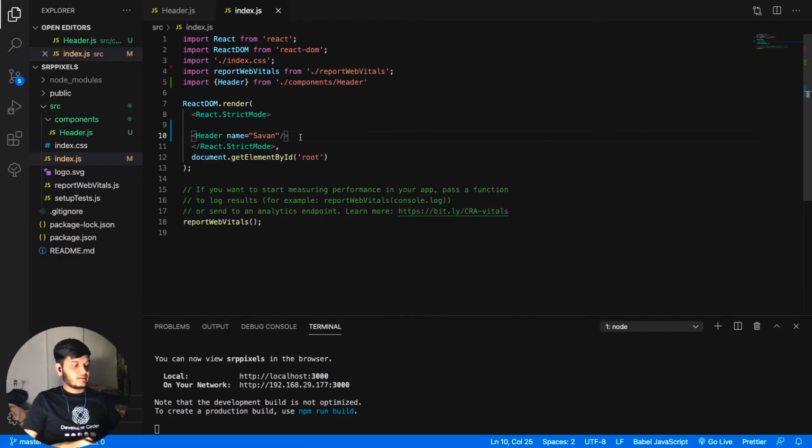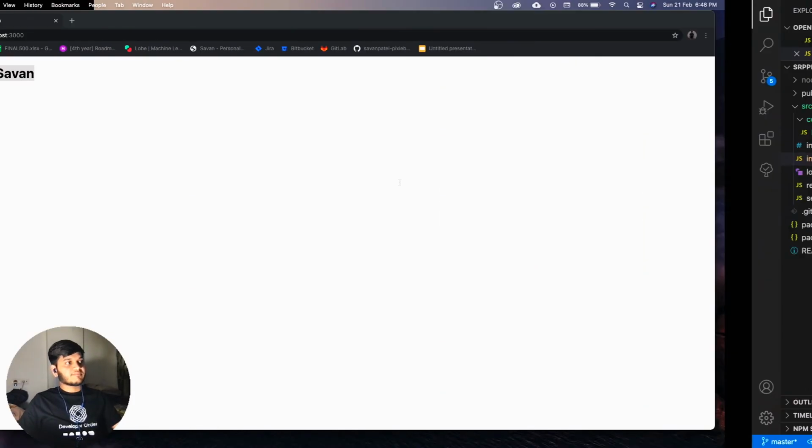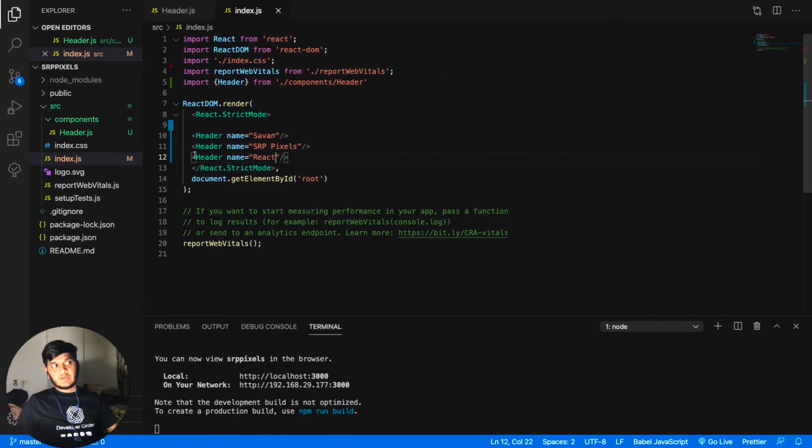Now let's render two or three more headers here, and here we'll be giving SRP Pixels, and here I'll be mentioning, let's say, React. Refresh. So yes, as you can see here, the header component is being rendered three times, but with different names. So this is a simple idea of props.